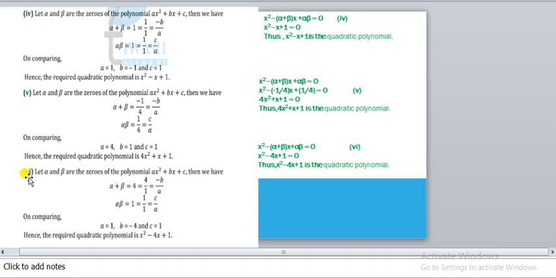Now question number 6. It is given alpha plus beta is equal to 4, and alpha into beta is equal to 1. So again 4 upon 1, 1 upon 1. Comparing, we get a value 1, c value 1, and b value minus 4. Put in the equation ax square plus bx plus c. You will get the required polynomial, or directly you can put in this equation: the sum of the zeros 4 into x, and the product of the zeros 1. So alpha into beta is 1. Again we get the equation x square minus 4x plus 1 equal to 0. So in both the cases, the answer will be the same, and any one method you can apply.